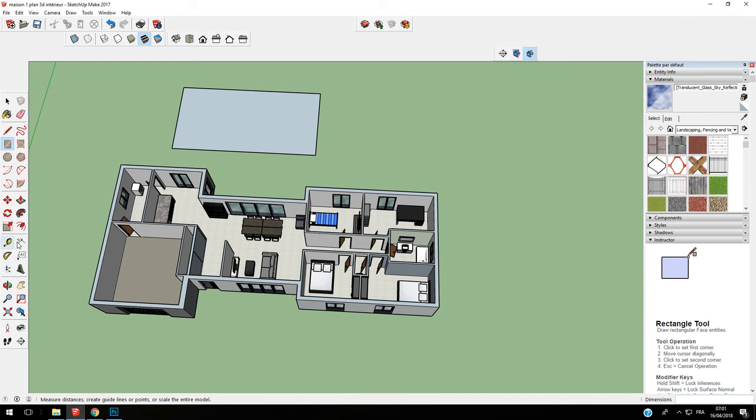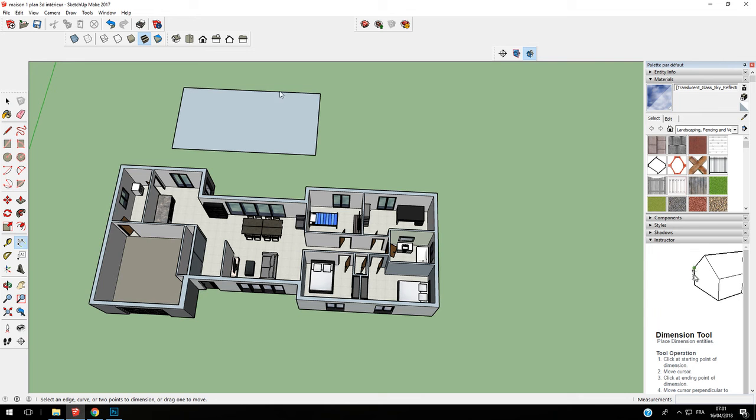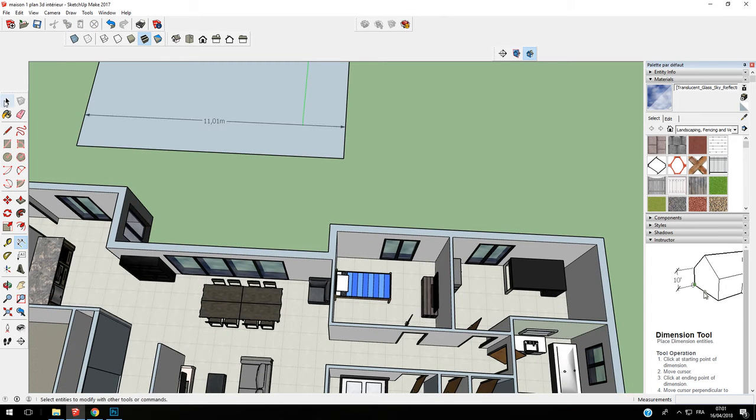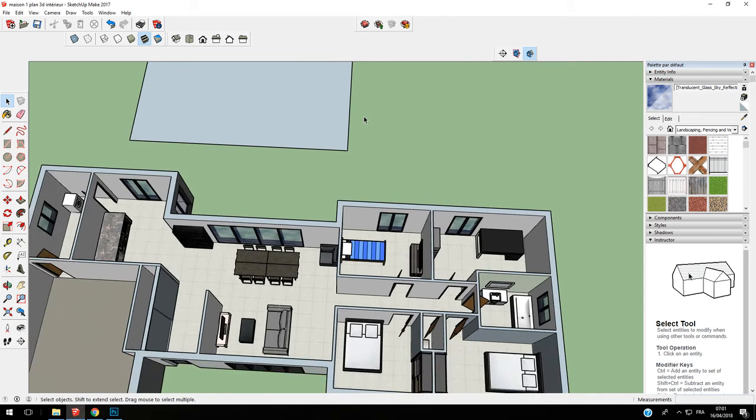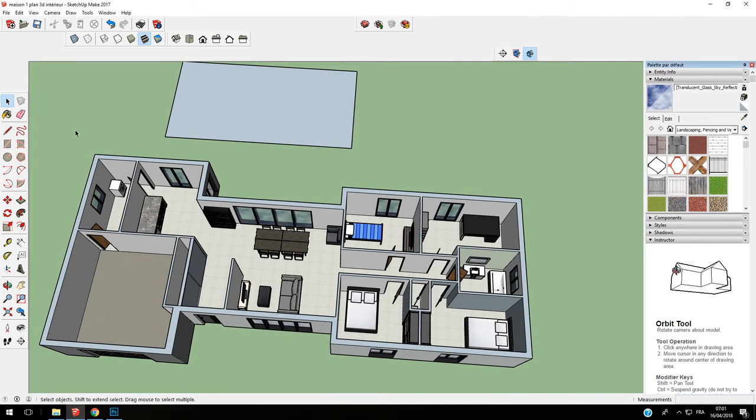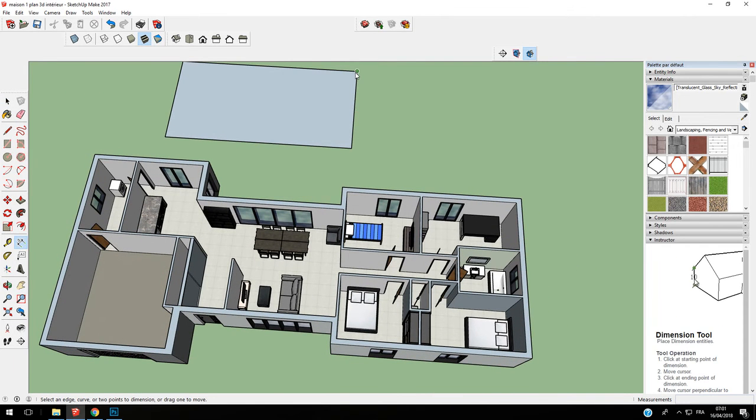So I'm going to take my dimension tool, and with this I need to select two points. So for example this until this, and here I can see that I have 5.67 m here